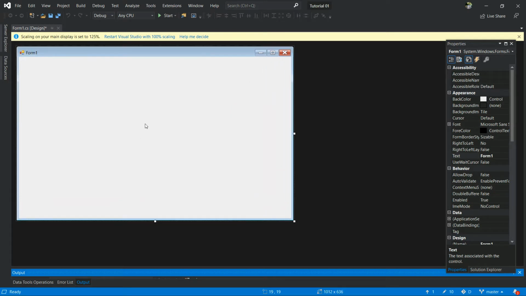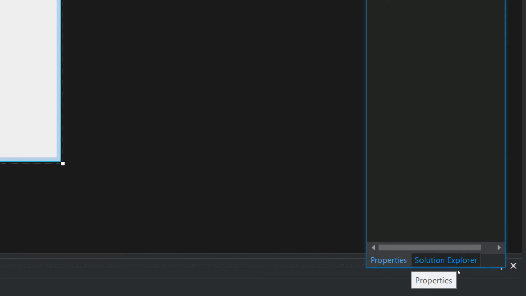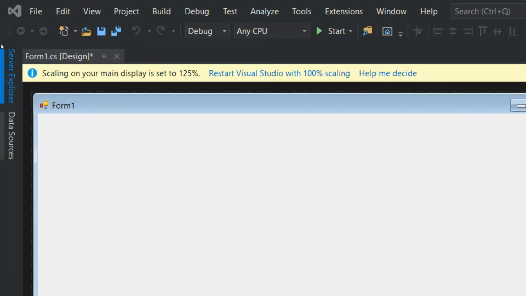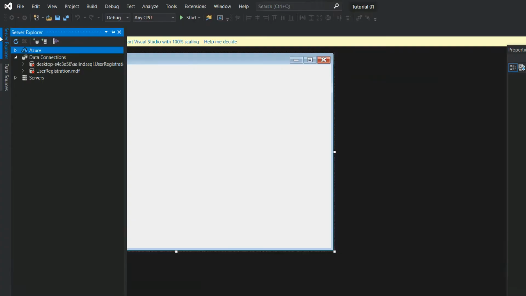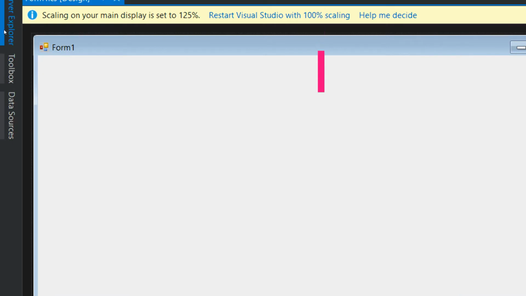When you are going to work with a Windows Form application in Visual Studio, there are mainly four windows: Solution Explorer, Properties, Server Explorer, and Toolbox.